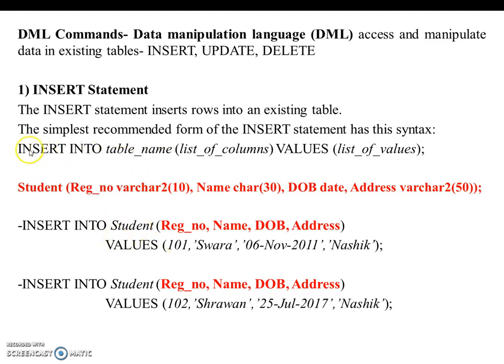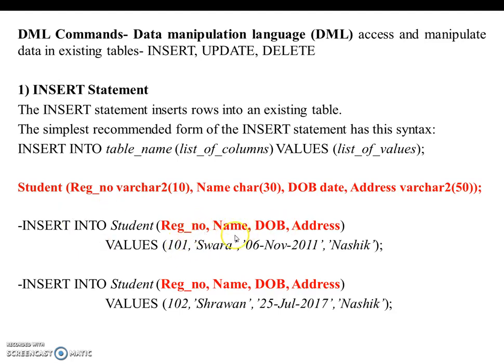Then as per the syntax, after insert into comes values. So for the values I must insert a value with reference to my column and with its data type. So for register number, varchar2, I can put here 101 because that is the register number, and varchar2 allows values in terms of alphanumeric values. So I can insert a number or an alphabet also. So here I have put the register number as 101.